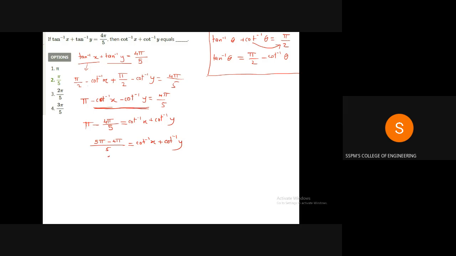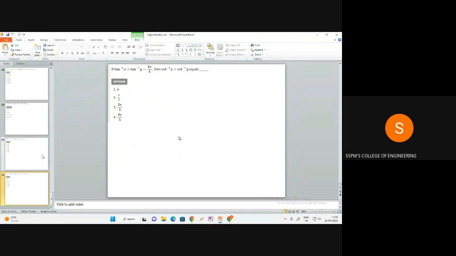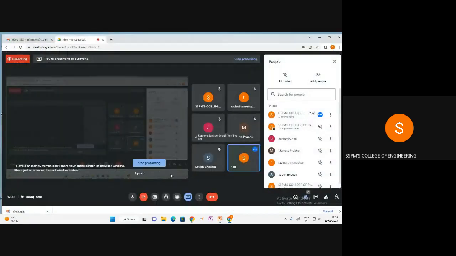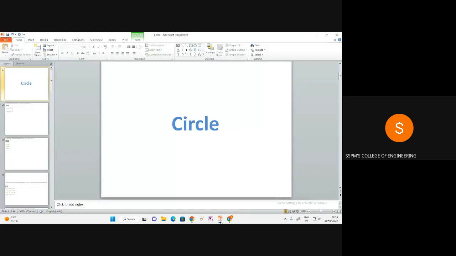So this was our last example on trigonometric functions. Now we will see some questions on circle. We will solve some questions on the topic of circle. So first question is,